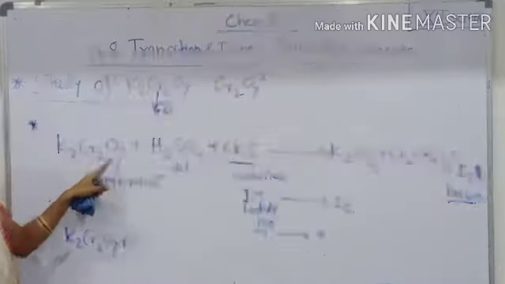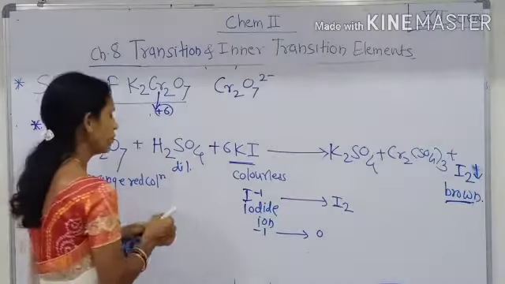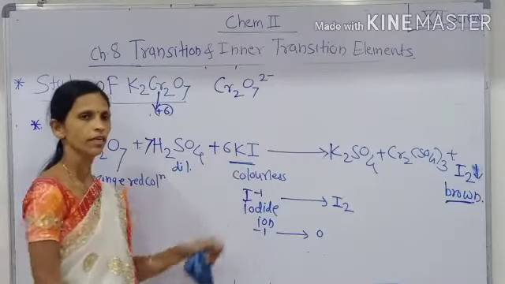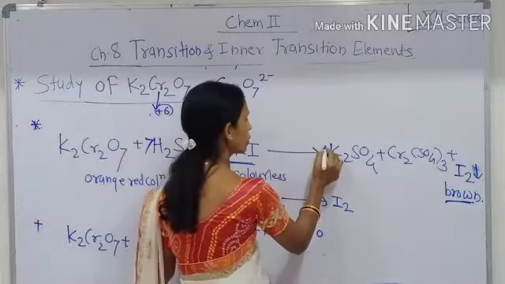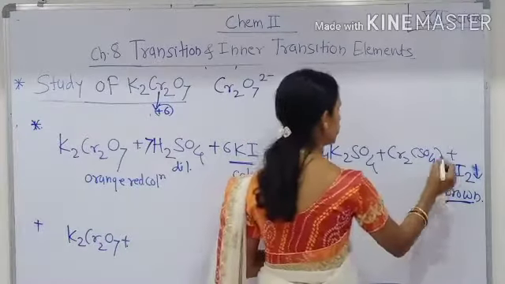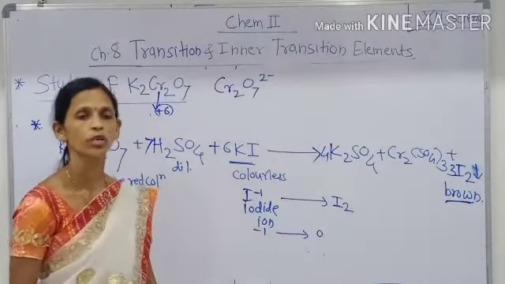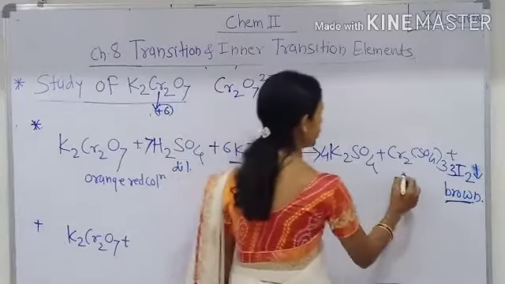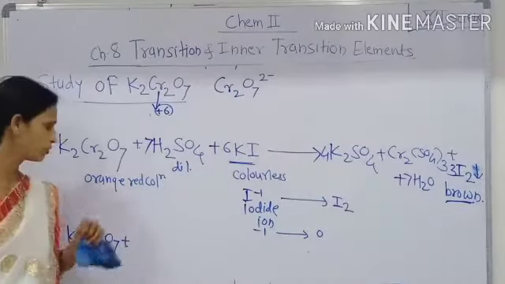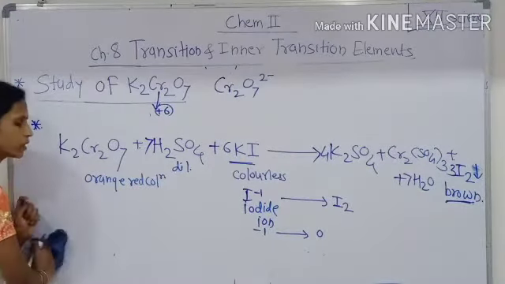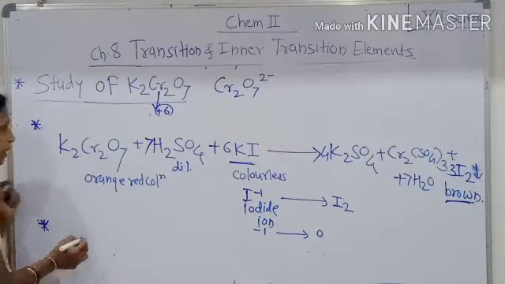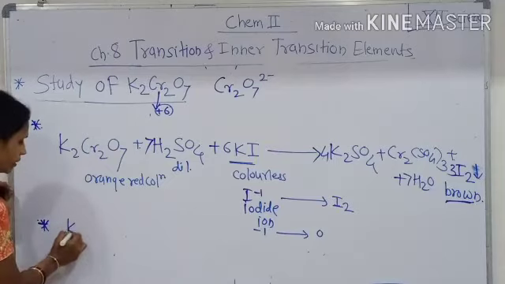Therefore, K2Cr2O7 with 7 molecules of H2SO4 and 6 molecules of KI converts into 4 molecules of K2SO4, 3 iodine molecules, and Cr2(SO4)3 plus 7H2O. That is the chemical reaction in balanced form. Now we are going to discuss one more oxidation process, that is acidic K2Cr2O7, that is